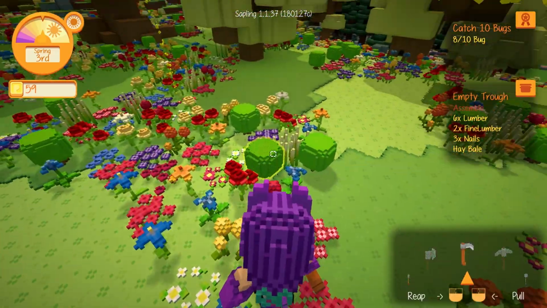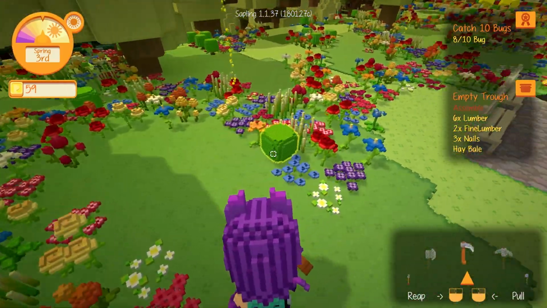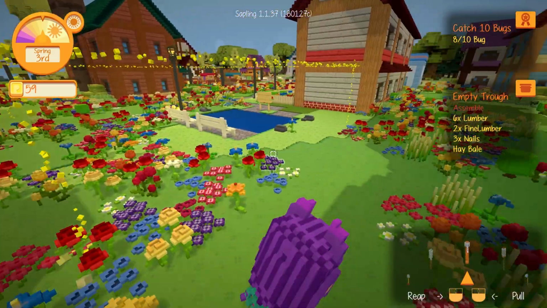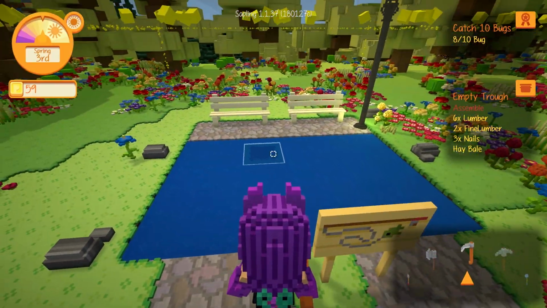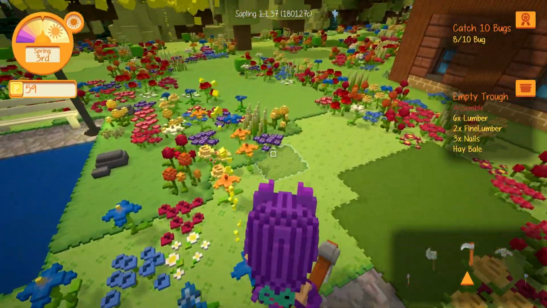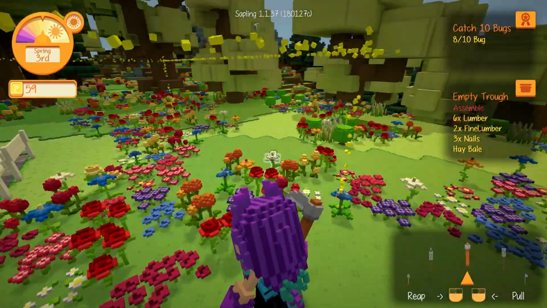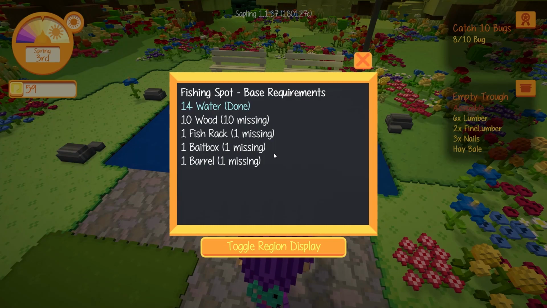Sadly, there were not any trees grown close enough, because the 10 wood that you require for this will count if there's a tree within the box. It would be really mean if I could put that sign in the middle of the fishing thing. But you were given some wood blocks at the start. You can just use that, and then you need to make the fishing rack and the bait box, and the